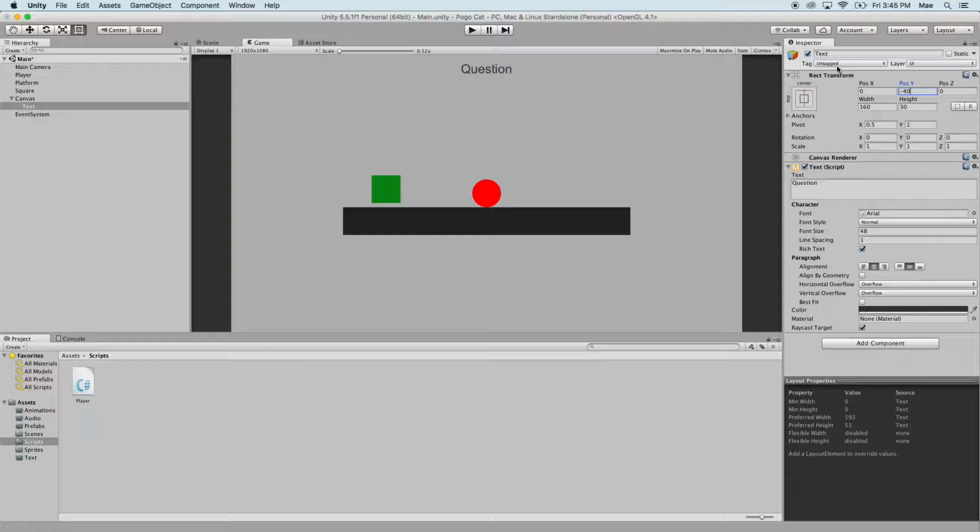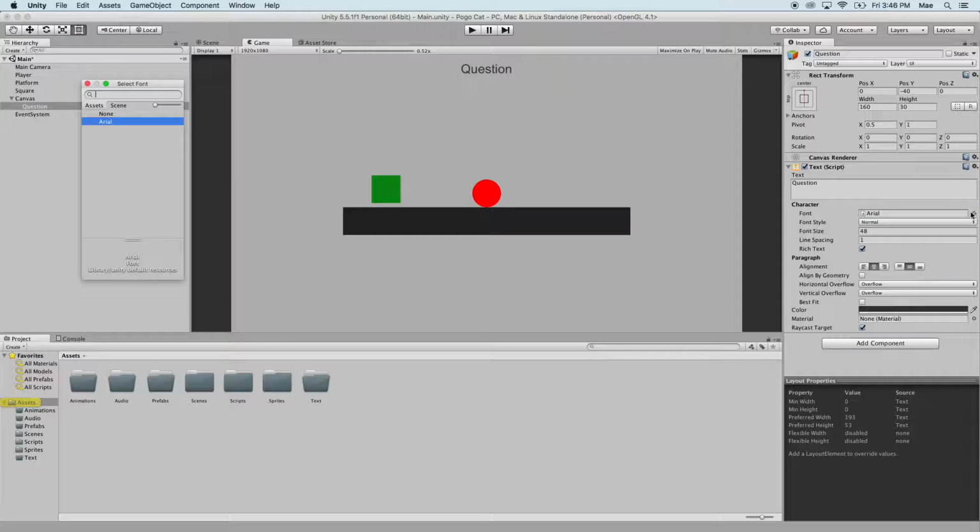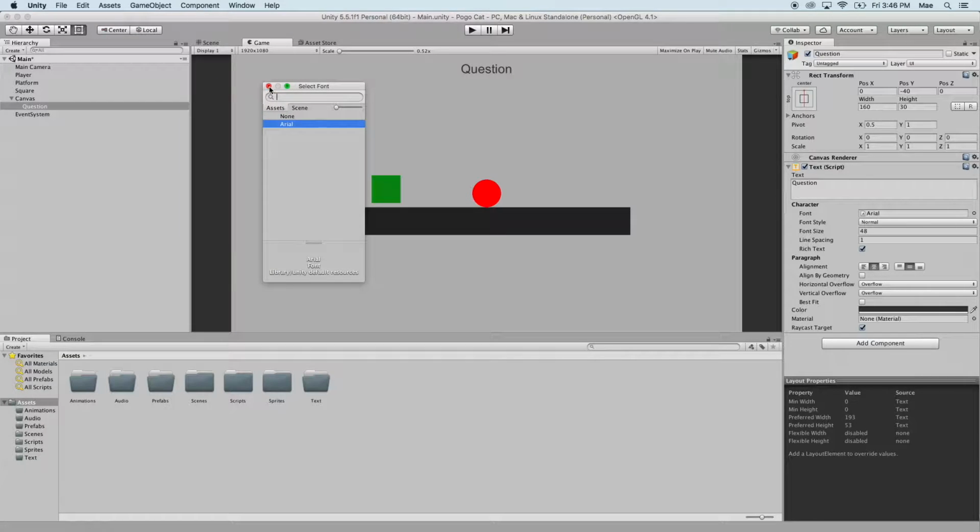Let's rename our text, and we'll just name it question, so we know that this text is going to be associated with the question posed. Now, I like to spice the font up a little bit. If you're looking within your question text, you can see that the only font that we can choose from is Arial. We're going to add a new option within our text folder. We're going to add a new style of text. So go into the text folder that we created in the setup video